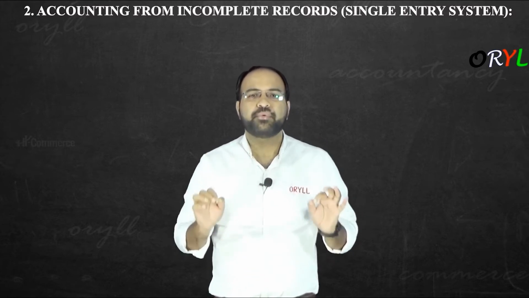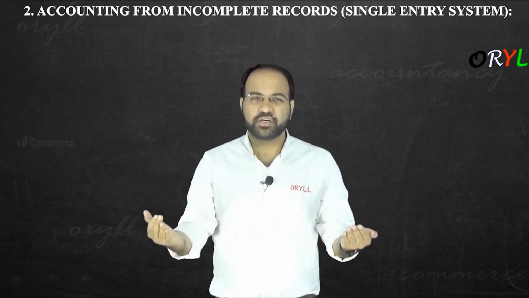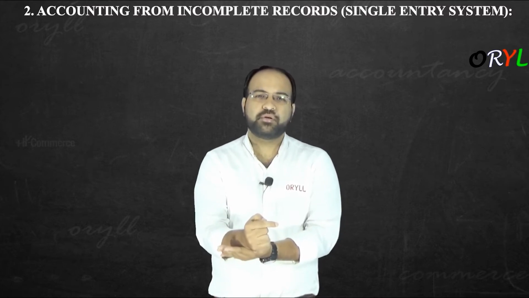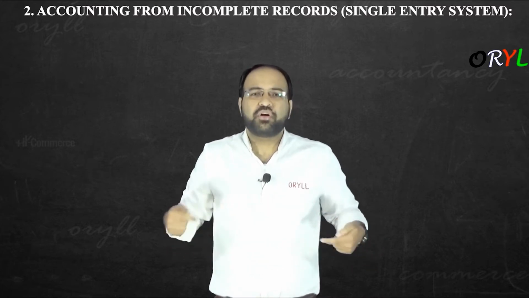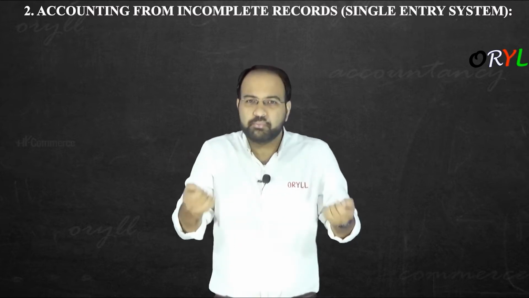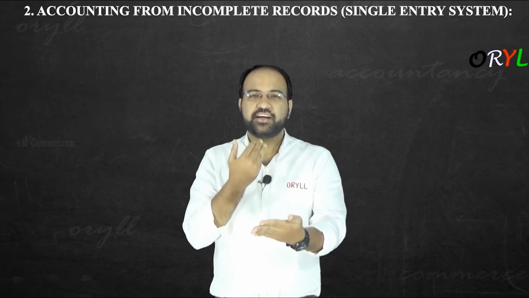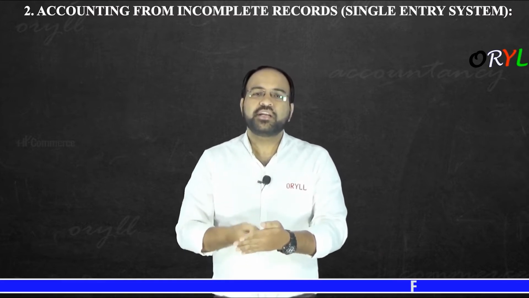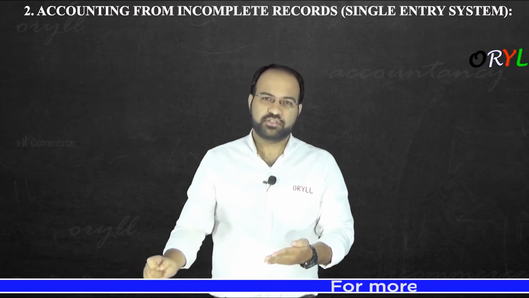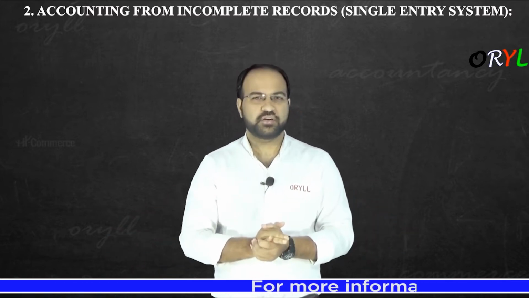Why? Because sir, I am not following the double entry system, and it is not complete records. Whatever I am recording is not in completed form. Why? Because I don't know all the principles, I don't know how to record the accounting transactions. Simply I am recording whenever I am buying and whenever I am selling. So hence I'll say this kind of accounting will be called incomplete accounting, hence accounting from incomplete records. So we will be having incomplete records and not complete records, got it?